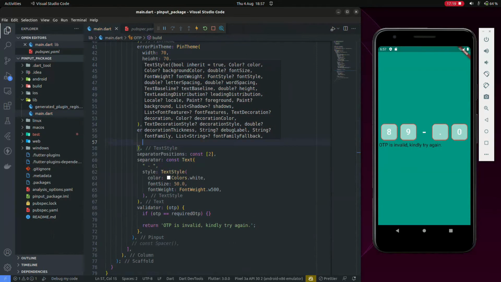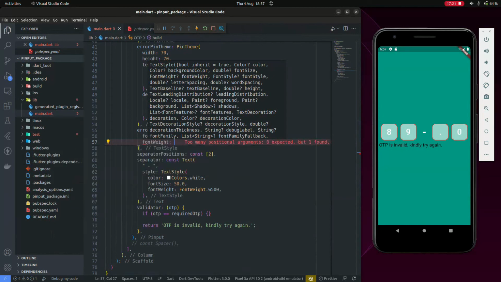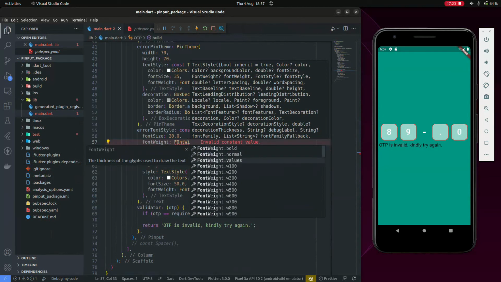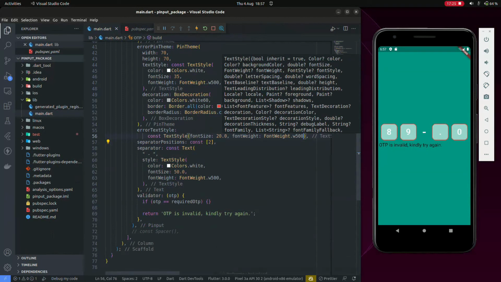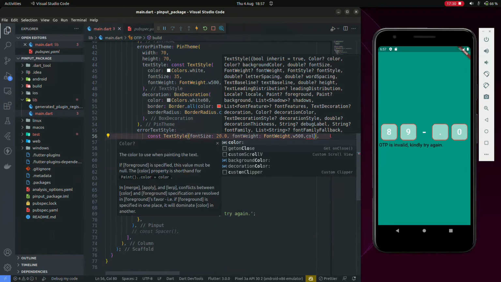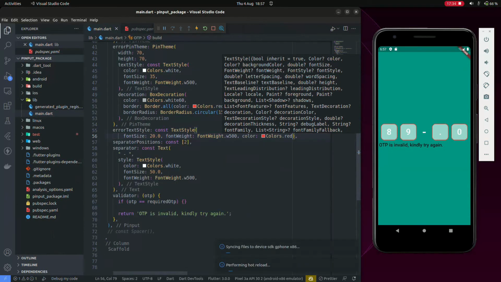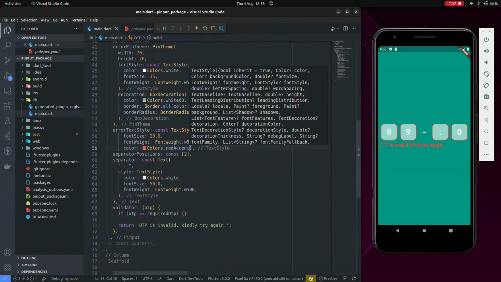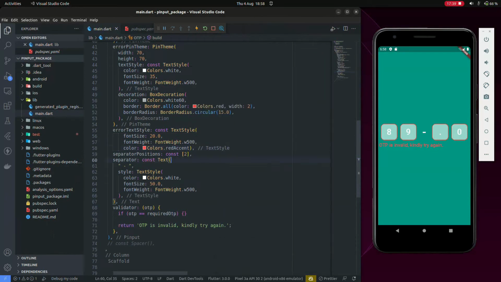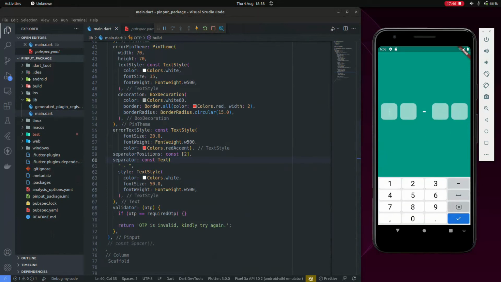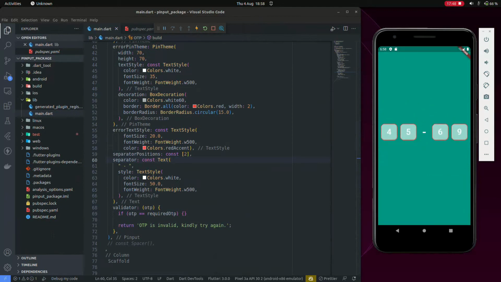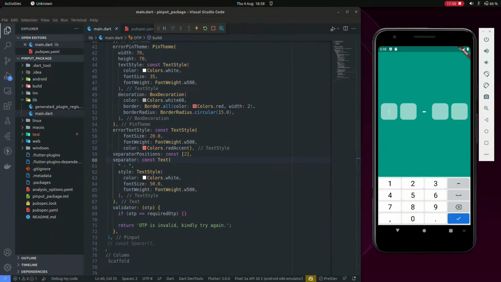So font weight be 500, and the color, most importantly, should be red. Awesome. Let's try red accent. Yeah, that's awesome. So OTP is invalid. Kindly try again. So we're going to clear everything. I tried the error, but then when we enter the right OTP,